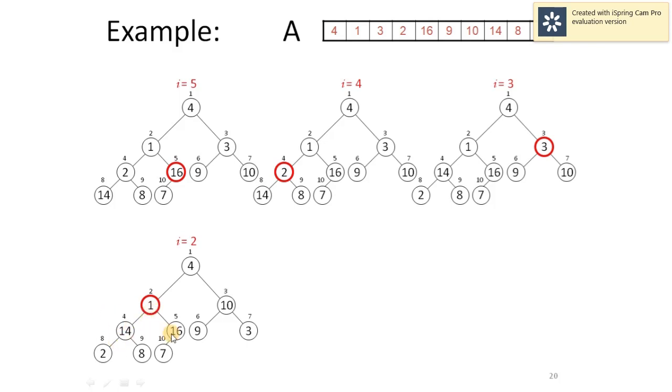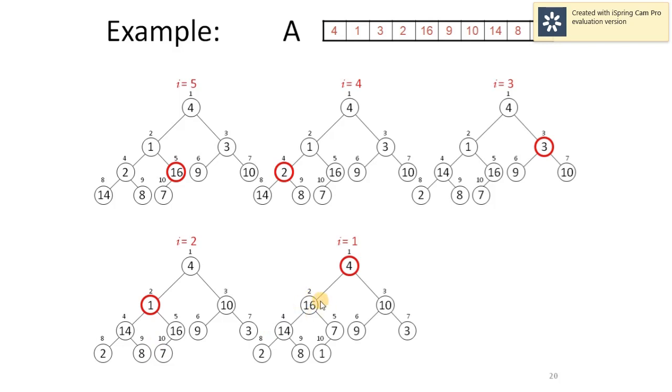So among 1, 14 and 16, the maximum comes out to be 16. 1 and 16 will be swapped. Then 1 and 7 will also be swapped. Accordingly, we will have 16, its right child 7, and 7's left child will be 1. Also, the i value will be reduced by 1 and then finally we have reached the root node.